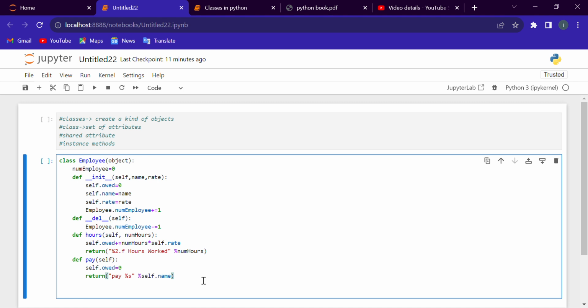If we want to add employees, we will increment the employees value. If we want to delete employees, we will decrement the employees value. And we are creating an hours method or function to calculate the hours, and a pay method to calculate the pay. Okay,